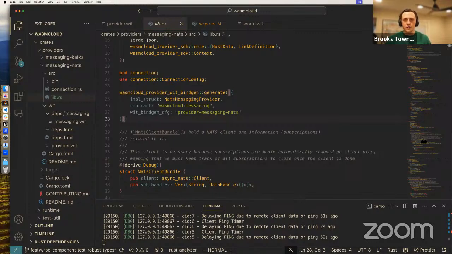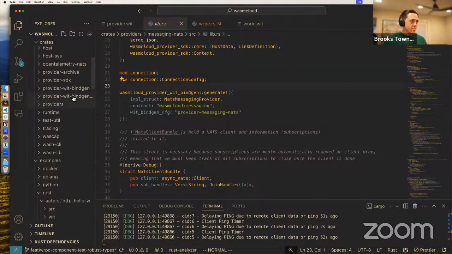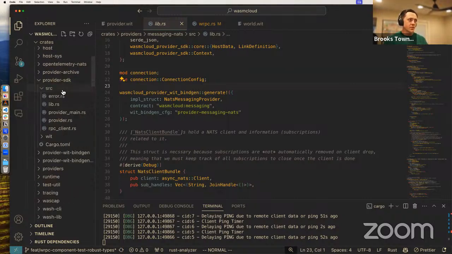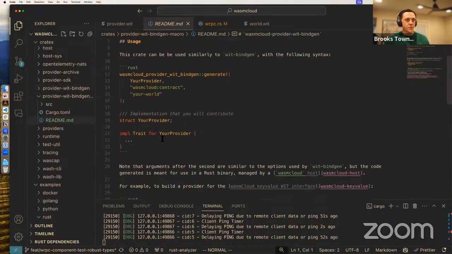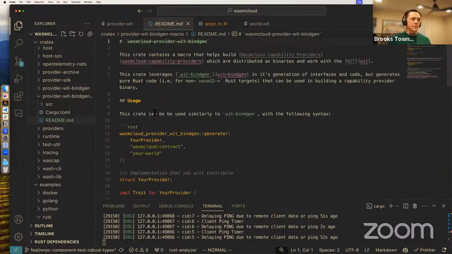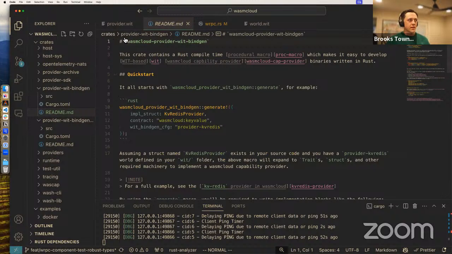So a provider isn't going to need to change very much once it's using this new SDK. And the real call out for us here, I think, is to provide more documentation around the provider SDK itself. We do have pretty decent information around the wit-bindgen crate and the wit-bindgen macro that you could take a look at under our crates directory, but I'm